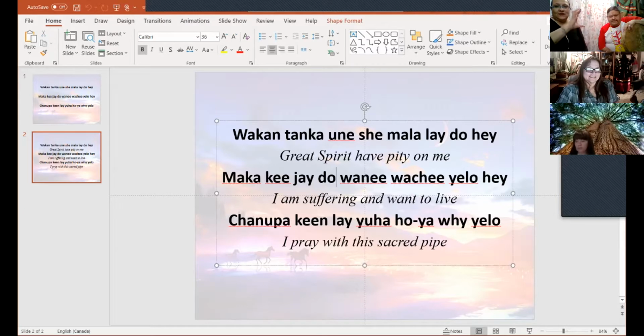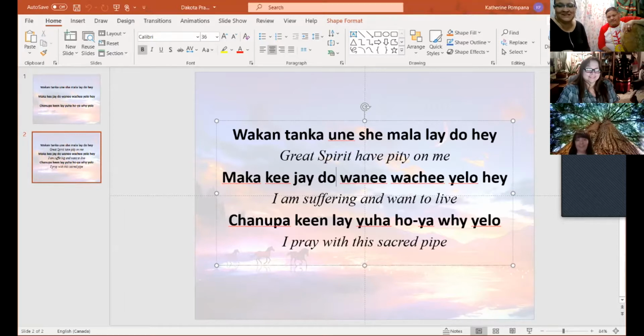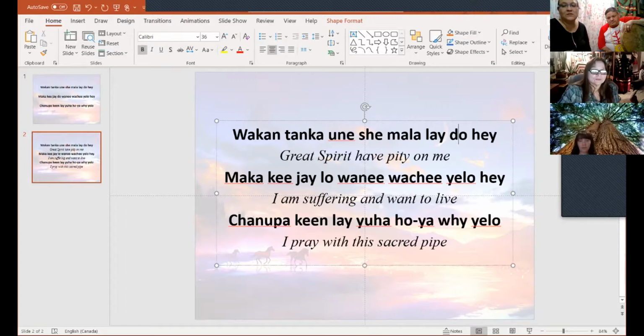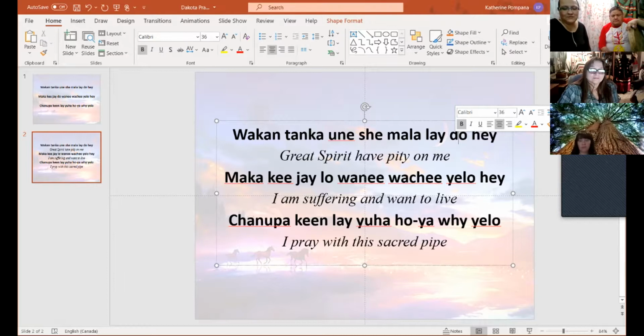So I should probably point this out too. When I copied and pasted this into here, and then typed in other parts of it, it's half in Dakota and half in Lakota. I just noticed that. It's the same thing, except the D would be an L. That's the only difference between the two. The D's and the L's are in the same spot. So Dakota, Lakota, right? That's basically the only difference.